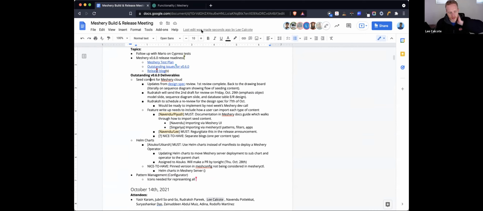Hopefully everyone understands that the pattern configurator design calls for having each of the service meshes' custom resources available as an icon, as a button. Maybe that's not a good design, but it's what's written right now.